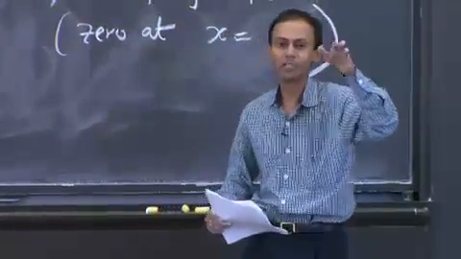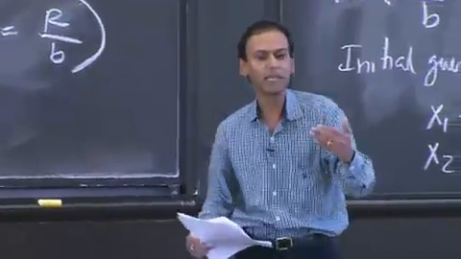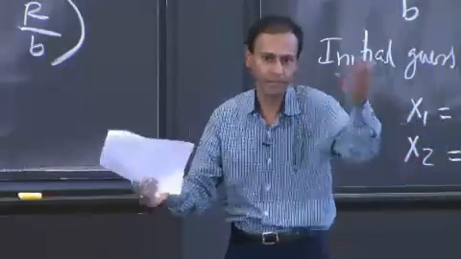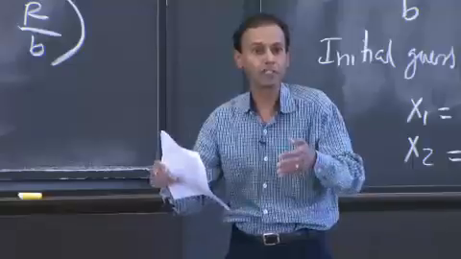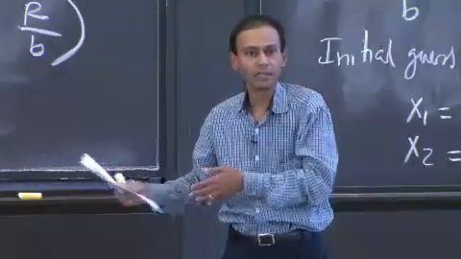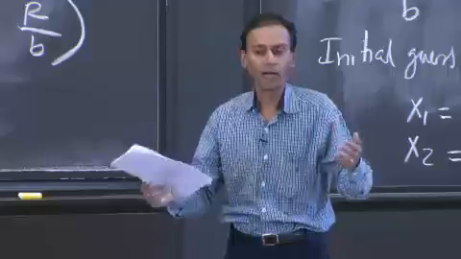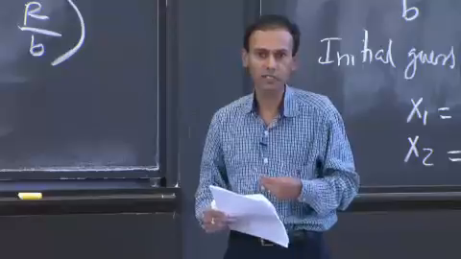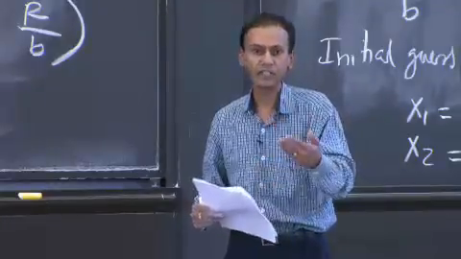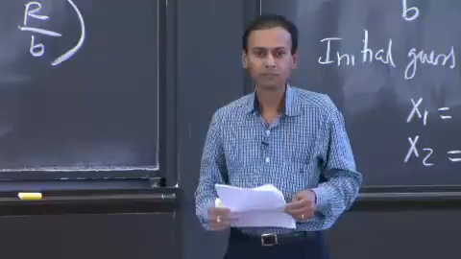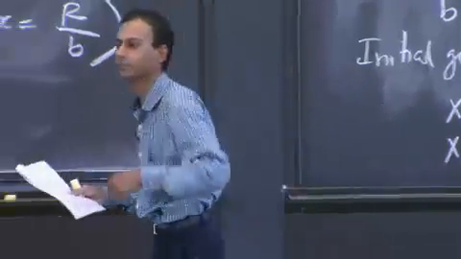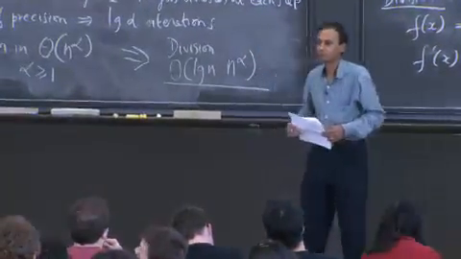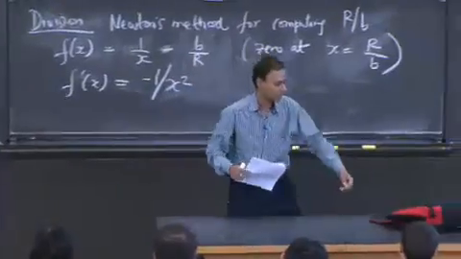So someone take that and run with it. What can I do now? What does it mean if I start with a small number of digits of precision? My initial guess was 1, I mean, that had 1 digit of precision. And then the number of digits doubles with each step. So is there any reason why, if I had d digits of precision eventually, that I have to do d digit multiplies in each iteration? Any reason why? Yeah. You don't have to, because if you started with 1, your multiply is going to be trivial. And that's right. Then you're going to eventually approach the d to the alpha. That's exactly right.